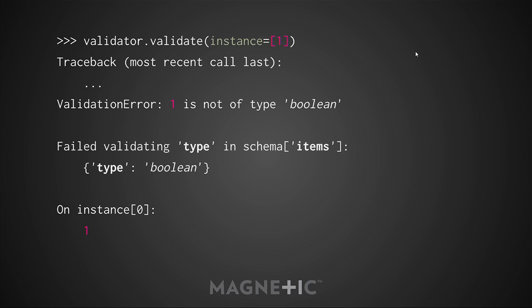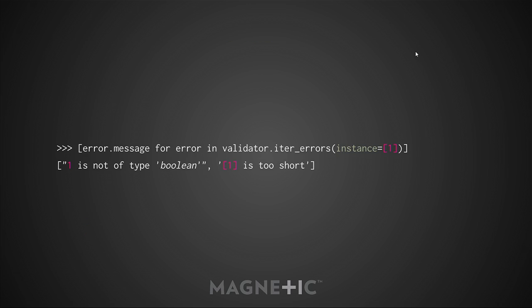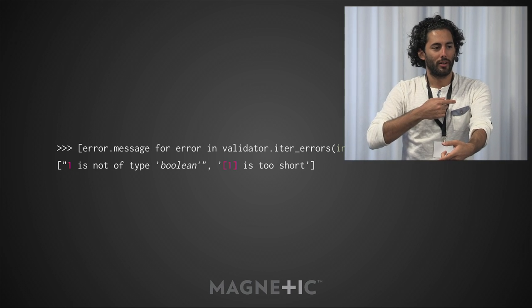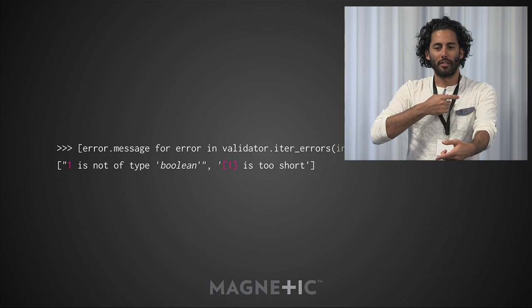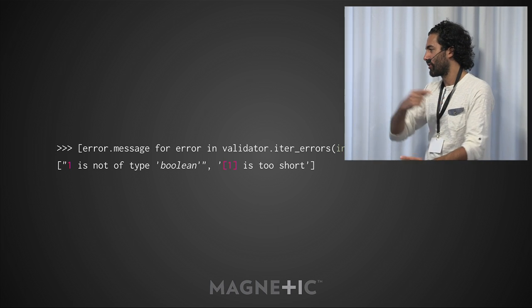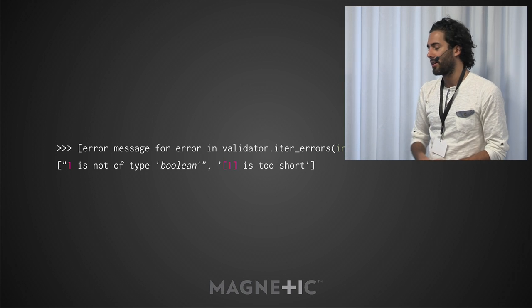So this is fine, this works. We got an error. It was an error that happens to tell us that 1 is not a Boolean, which is certainly true. But I would like to do better. You can imagine, for example, we're rendering a form on a web page, and someone gave us some invalid data. If someone gives us invalid data with like 200 things wrong with it, it would be quite annoying from a UX perspective for us to tell the user this thing's wrong, send them back a response, and then there's 199 other things wrong with it, and so we do this nice little dance 199 more times.